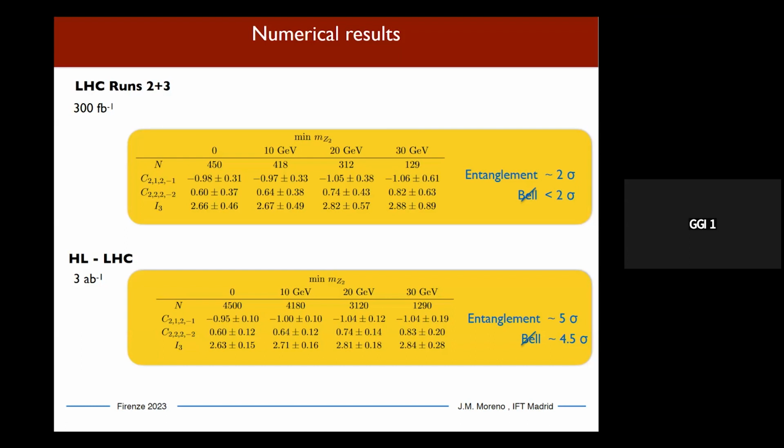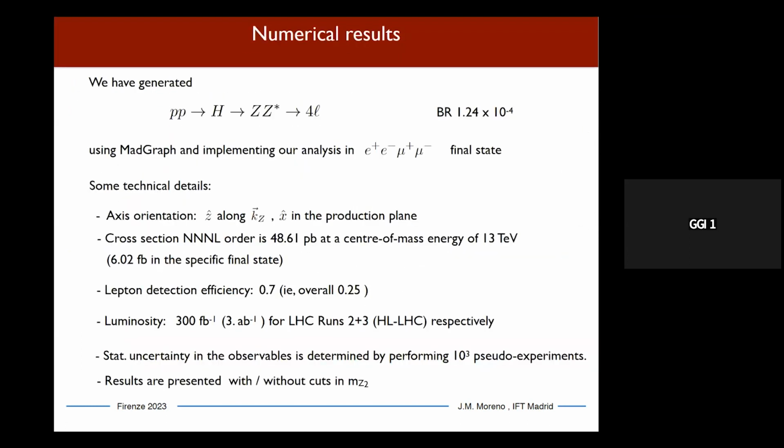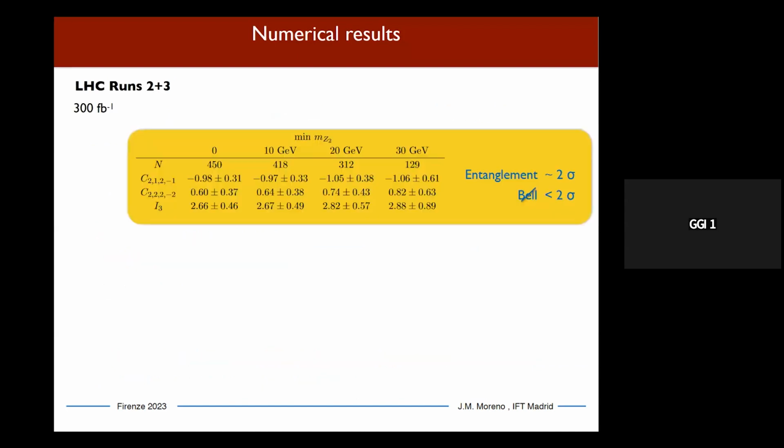I was missing this point on your slide that you only mentioned the lepton detection efficiency. I wonder about pT and eta cuts. Well, I think that since we are assuming this detection efficiency for leptons, in principle, this is the only thing we are doing. So then I think it's a good idea if you check that the event yields that you have in your follow-up slide actually match the published CMS and ATLAS results for Run 2.